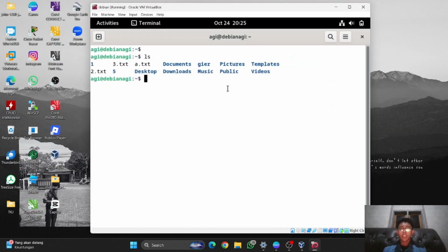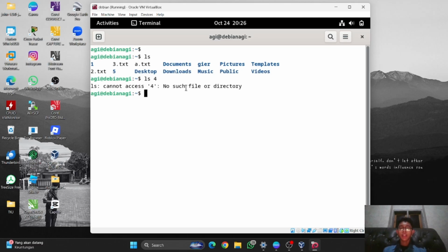But for example, if I type ls4, it will show ls: cannot access, which is an error, because in /home/agi there is no such file or directory.